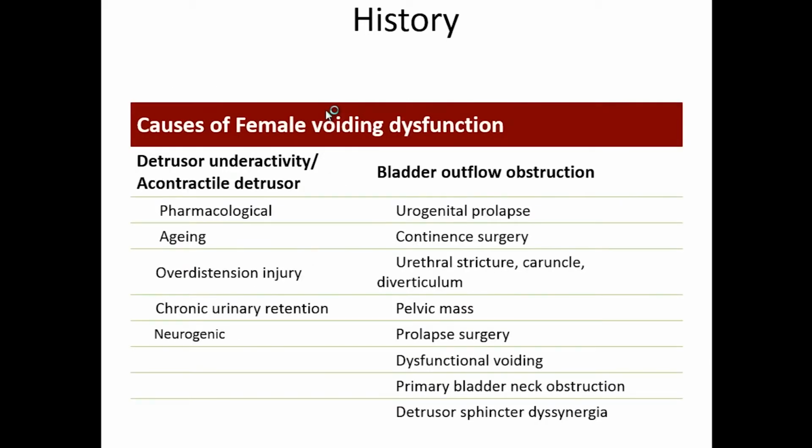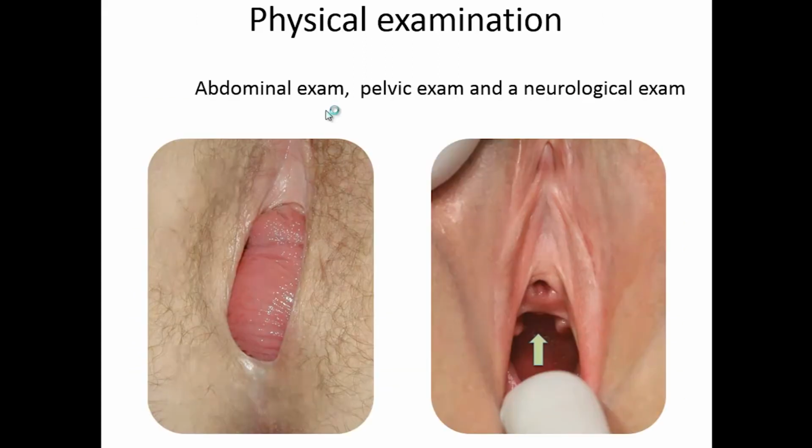Of course, we have to record information related to probable causes of voiding dysfunction. Luis already told about that. About them, we have to think that in most of them there is not just one cause. We may have more than one cause, and we have to think of all of them when we talk to women. Well, the physical examination, of course, the abdominal examination, you can see the big bladder, but the